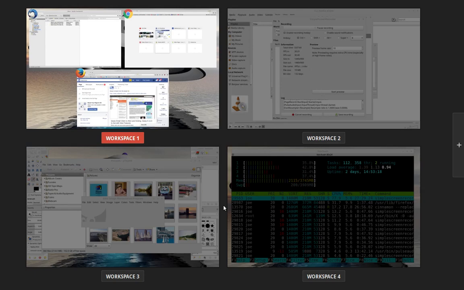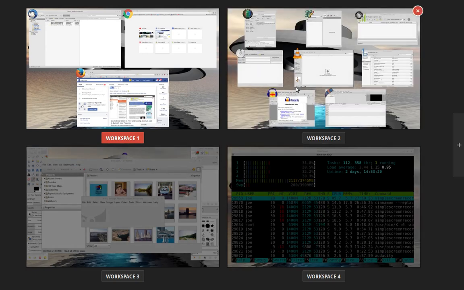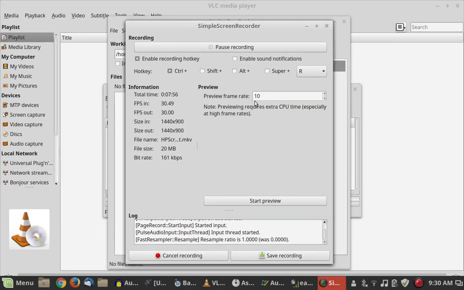So now let's switch over to another desktop, and this is a desktop you see I have a bunch of applications open on because this is what I do with a computer more than anything else, and that's deal with sound and video. So I want to run through these applications real quick. The first application that you see here is Simple Screen Recorder, which I am using to record this video. Simple Screen Recorder is the best screen recording software that I have ever used.